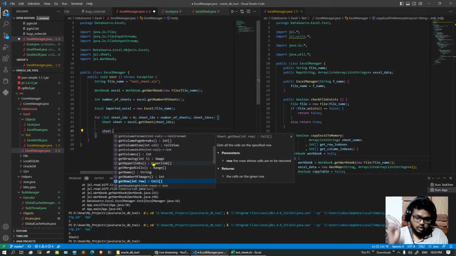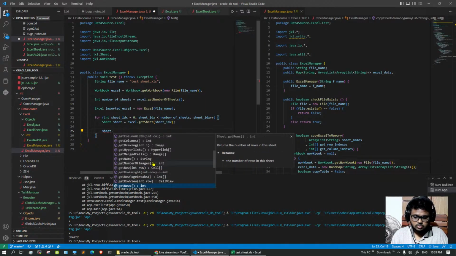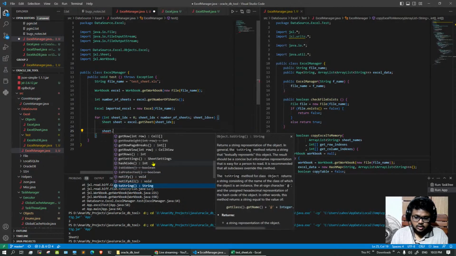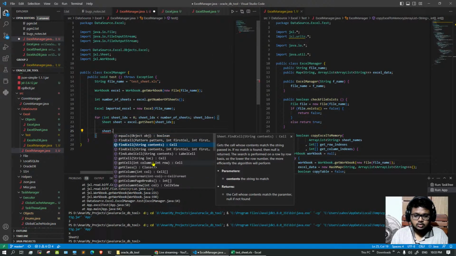So this is a cell. So what's a cell? Get rows, number of rows, get setting, sheet setting. Okay, so as I have the sheet,